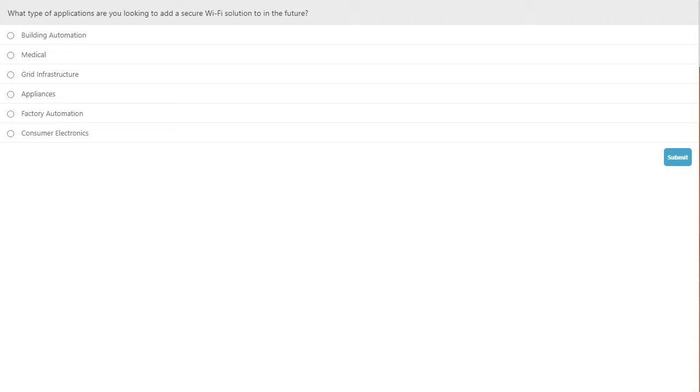Is it a medical application like a CPAP machine or multi-parameter patient monitor system, grid infrastructure, appliances like industrial washers and dryers, stoves, things like that, factory automation, or consumer electronics? I'll give you just a couple more seconds to respond to that, and then we'll check out results.